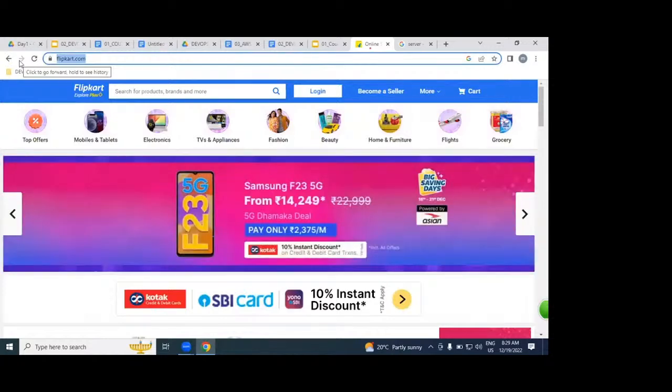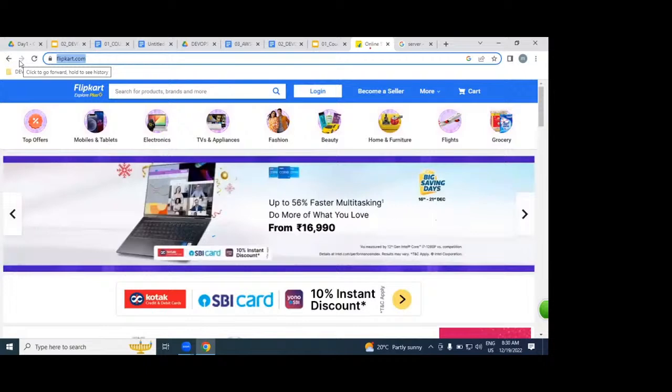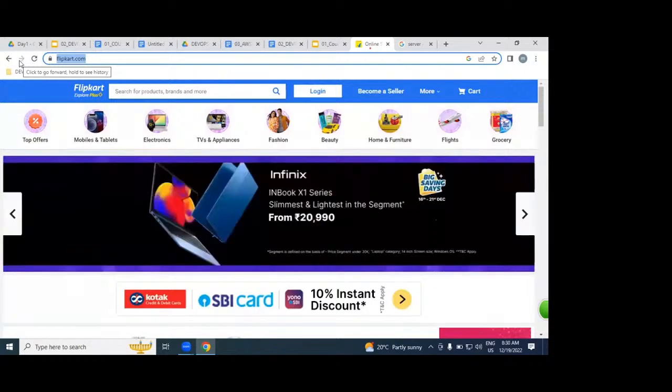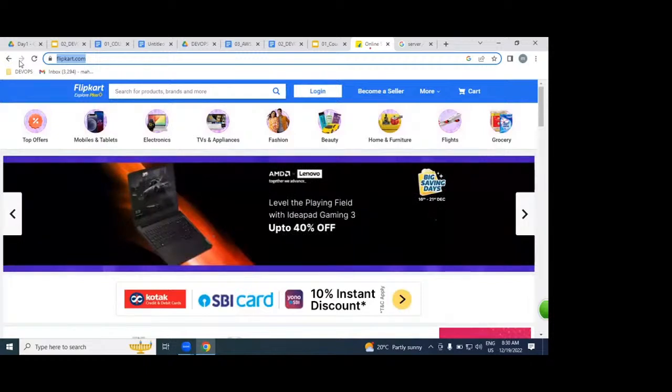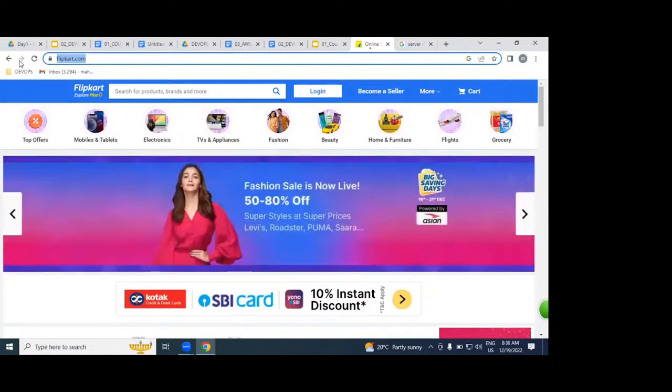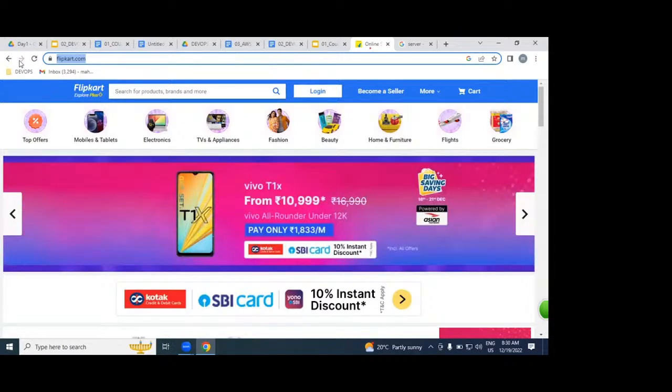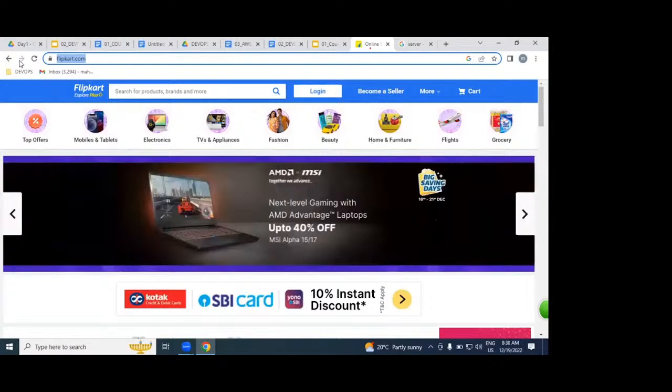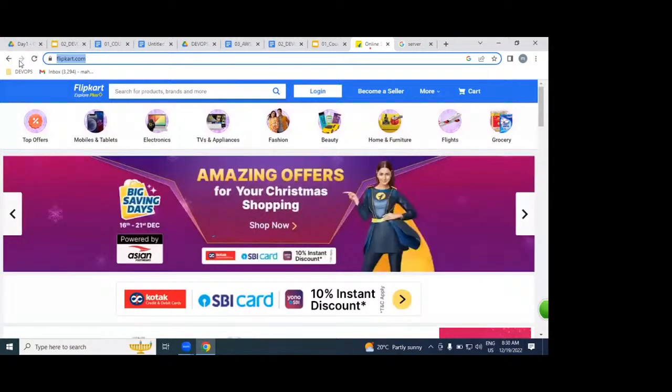Can we build this overnight? Within a day, can we get a Flipkart kind of application? Please tell me. No, we can't. I'm going to ask you one more question. Can we build an apartment overnight, within a day? No. The same way we can't build our websites also.